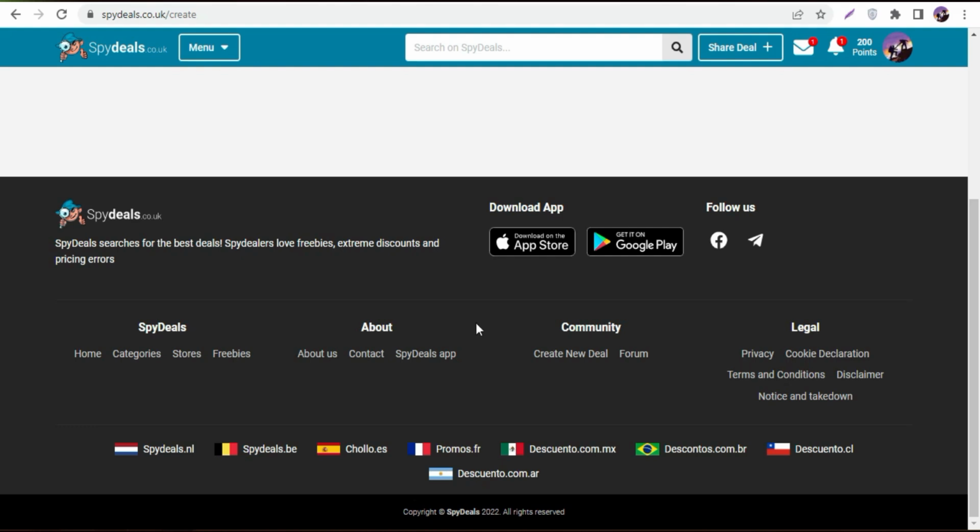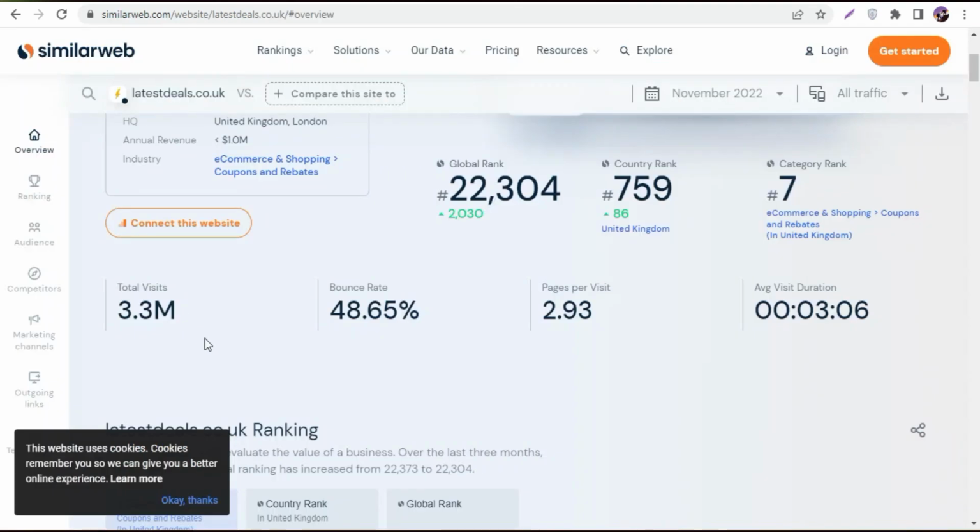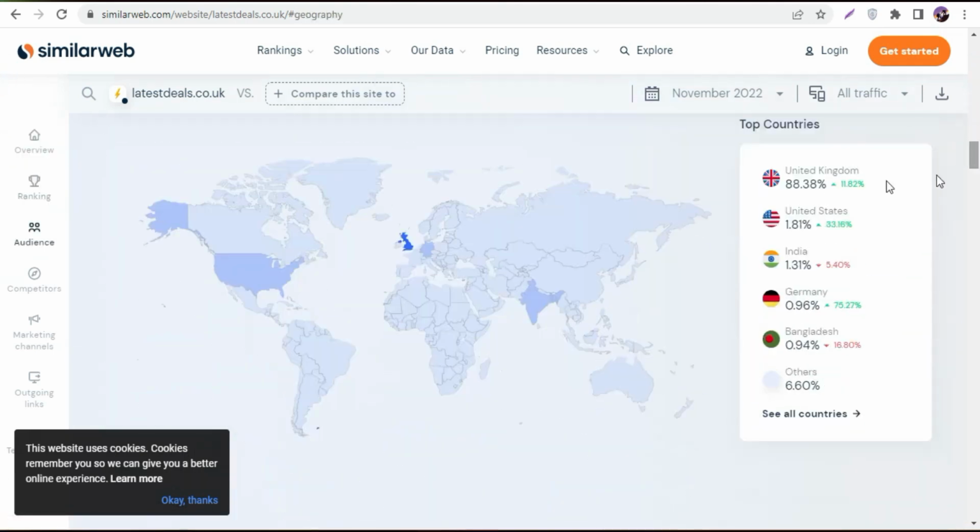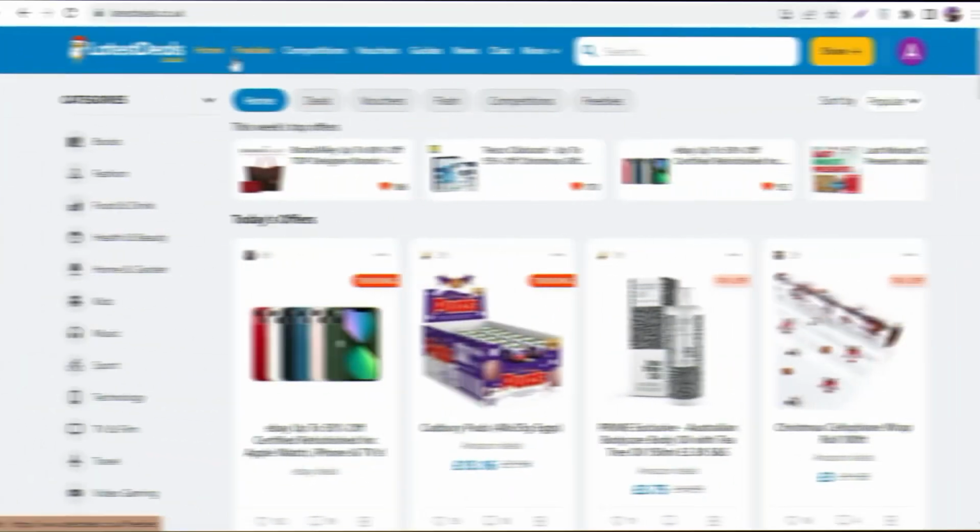Okay, so this is the first way, this is the first website. Let's go to the second website. Before I show you that second website, you can see the stats of this second website. This website is getting 3.3 million monthly visits. It's a really big website, and if you scroll down, you can see 88% of the traffic this website receives is from the United Kingdom. Okay, so let's go. I'm going to show you that second website. The second website is called